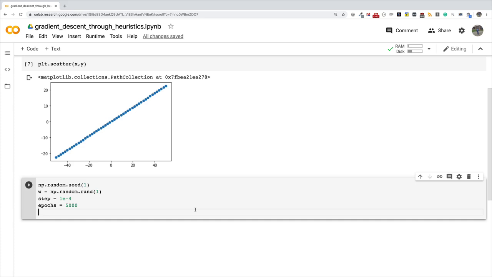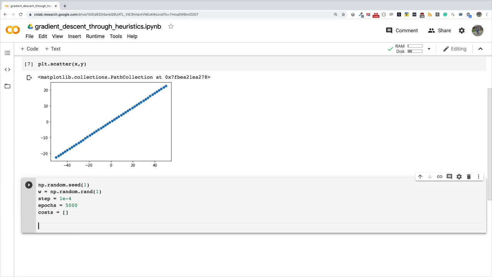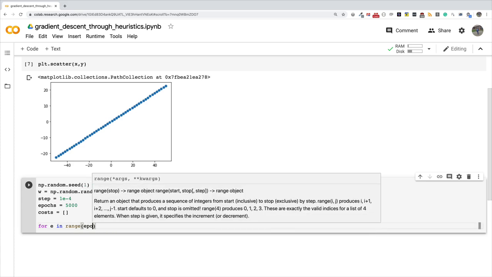Okay, what more do we want to do? We want to keep track of the cost that we incur as gradient descent progresses, and the expectation here is that the cost should be reducing as the number of epochs increases. Okay, so what we are going to do is we loop for epoch number of times. So for E in range epochs,